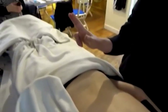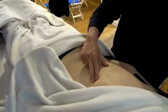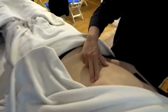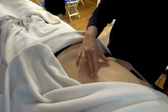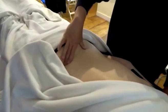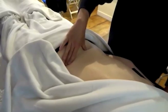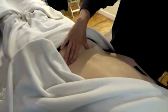Making this type of hand shape, you place the hand on the mid-back and you slide down 2 sets of muscles, the paralumbar muscles, because they run parallel to the lumbar vertebrae. So you slide down until you hit the iliac crest. So using your right hand, and you're standing on the left side of the patient, if you're